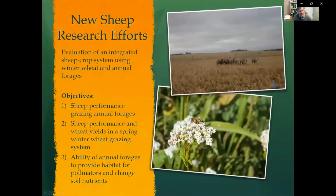So switching gears into some of our research efforts to give you a quick snapshot of some of our bigger projects. We've been evaluating an integrated sheep and crop system using winter wheat and annual forages. In North Dakota, there's not a lot of winter wheat grazing, and when there is winter wheat grazing, there's not a lot done with sheep, as well as annual forages or cover crops. Our objectives for this is to evaluate sheep performance in grazing